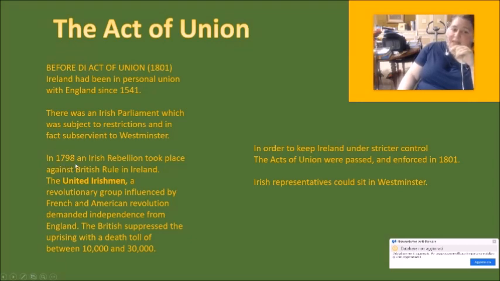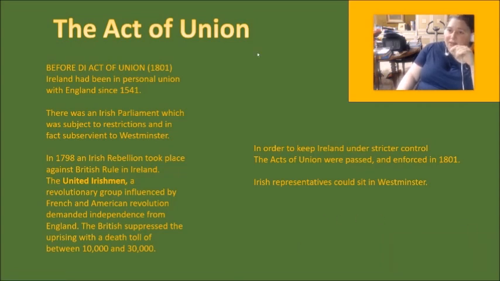In 1798, an Irish rebellion took place against the British rule. The United Irishmen, a group influenced by the ideas of the American and French Revolutions, demanded independence from England, and the British suppressed the rebellion with an incredible death toll, between 10,000 and 30,000 casualties. So, in order to keep Ireland under stricter control, the Acts of Union were passed and enforced in